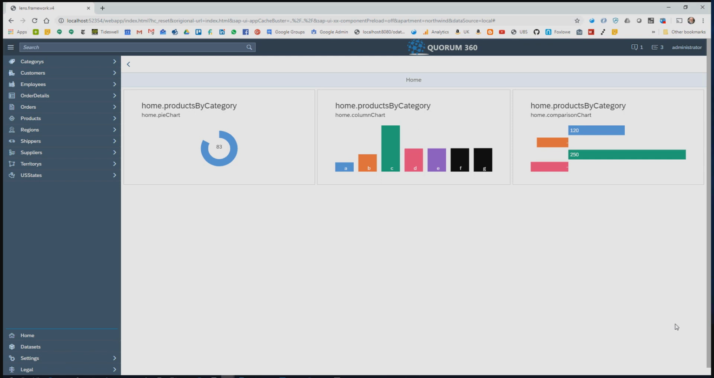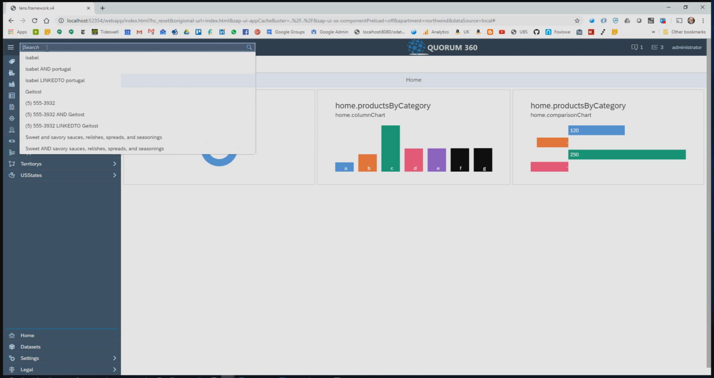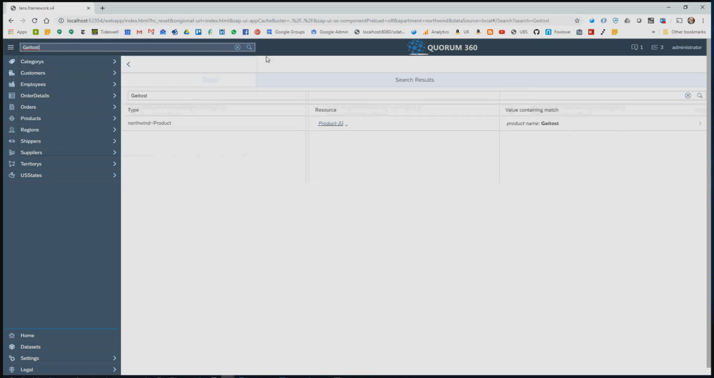I'd like to continue the demonstration of quorum360 browsing the Northwind database converted to an RDF graph, but this time focusing on search capabilities. The search window here allows me to type in any text to search over the entire graph for entities who have matching details. So for example, I could search for Gaitost, and there quickly it's revealed there is a product 33 that contains